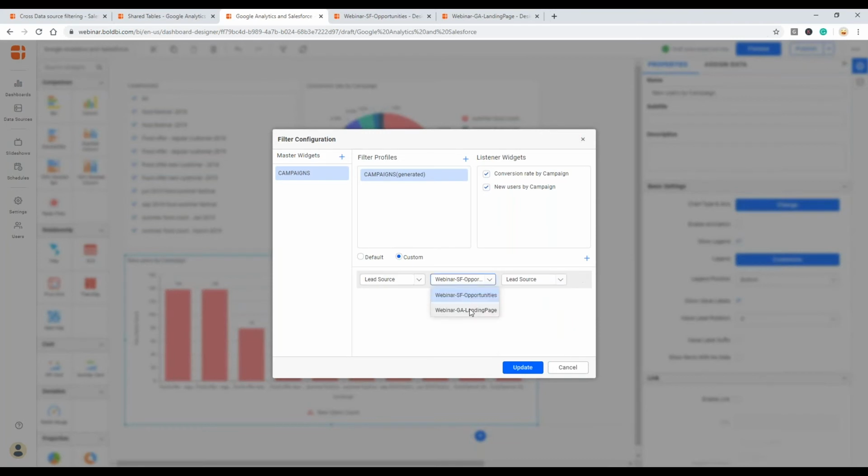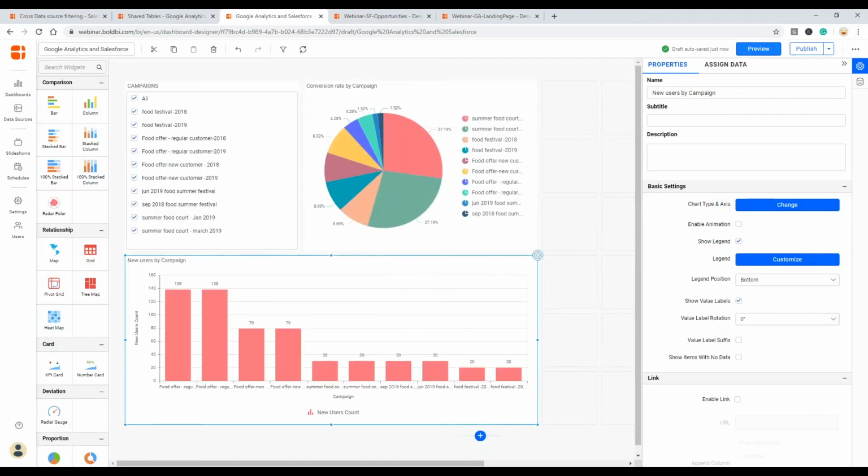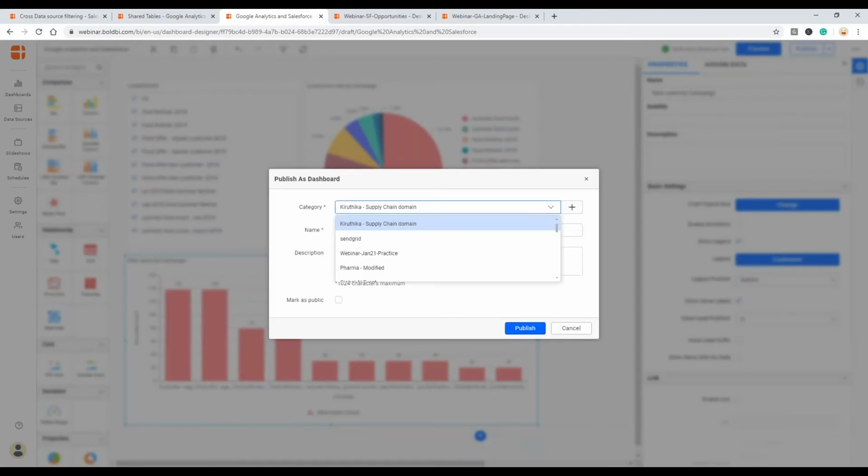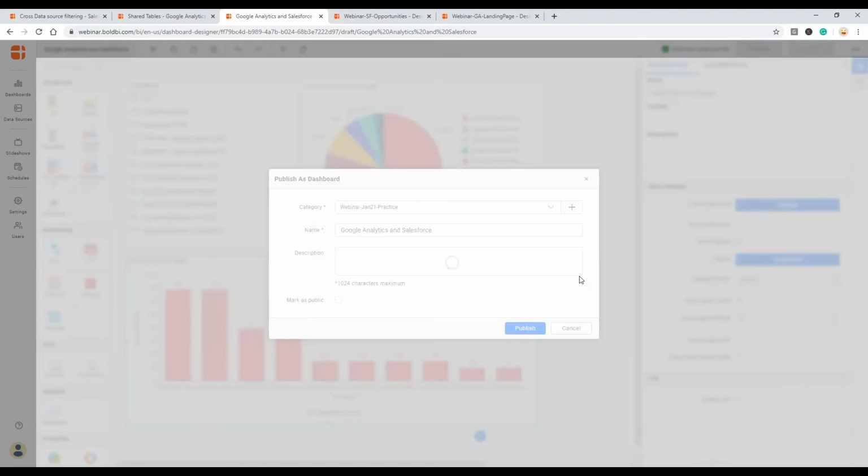So here I'm going to select the column as campaign. From my Salesforce data, it will be the lead source column, and from my Google Analytics data, it will be the campaign column. Let me publish this dashboard. Okay, I think it's good to go.